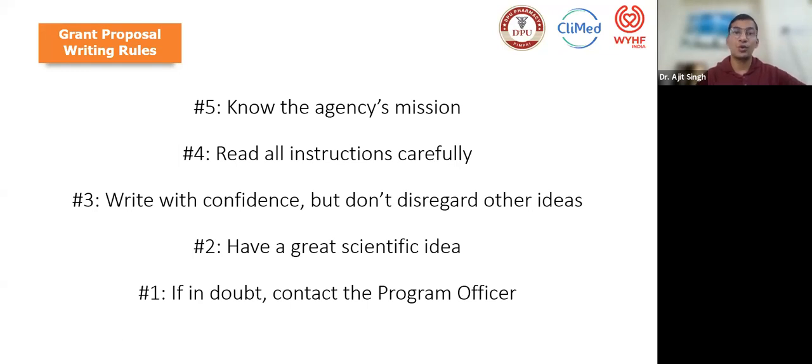But there are again some sub rules. First of all, if you have someone near to you, like professors who have already written ICMR grants, or who already got ICMR grants in your friend circle, in your known people, first ask them. The program officer must be the final person to be contacted in case of doubt. If you have a doubt which has not been cleared by anyone, then you should contact the program officer. You should not be agitated at all. That's why they are sitting there.